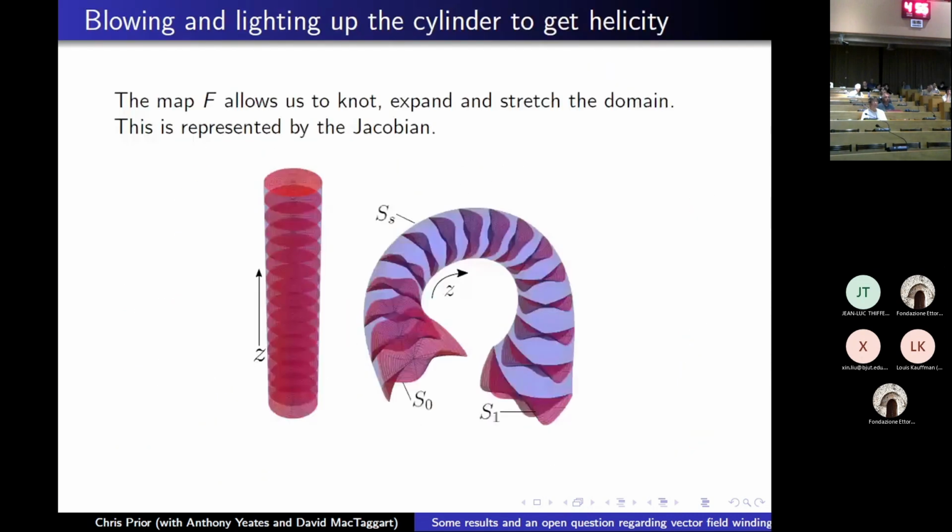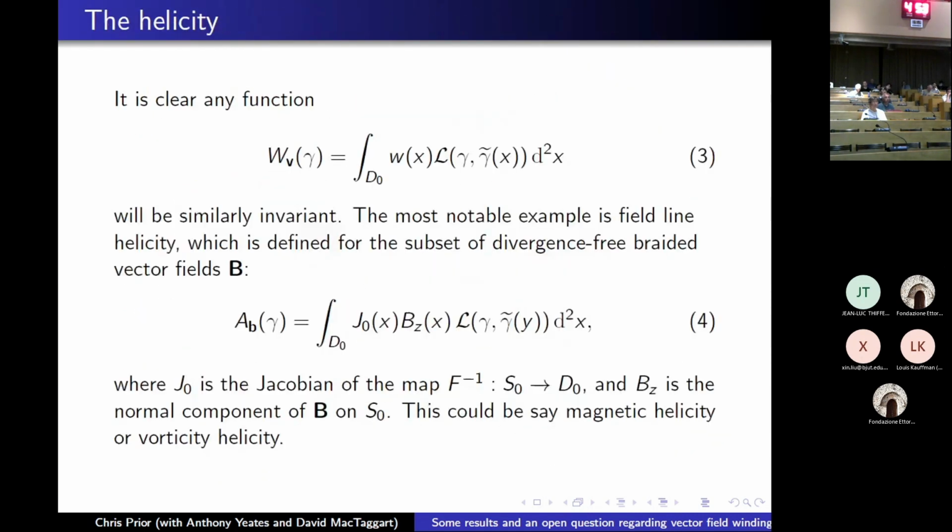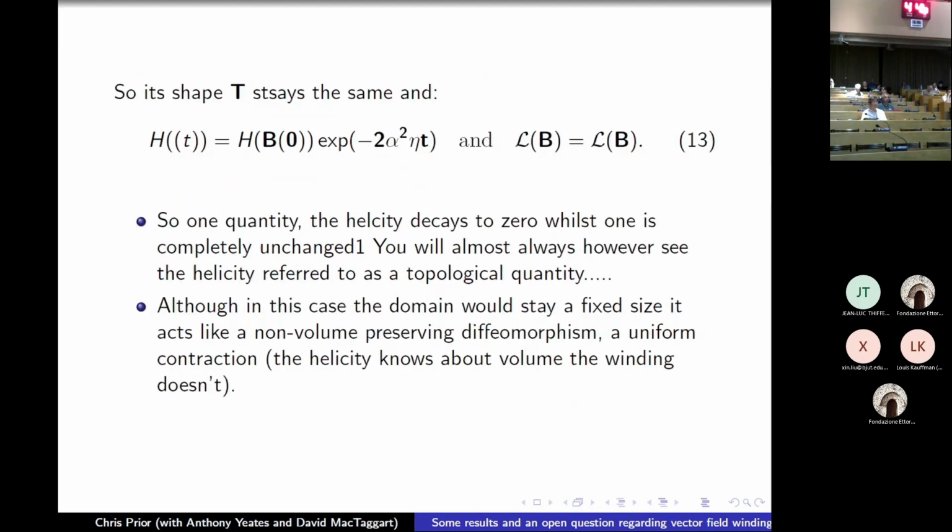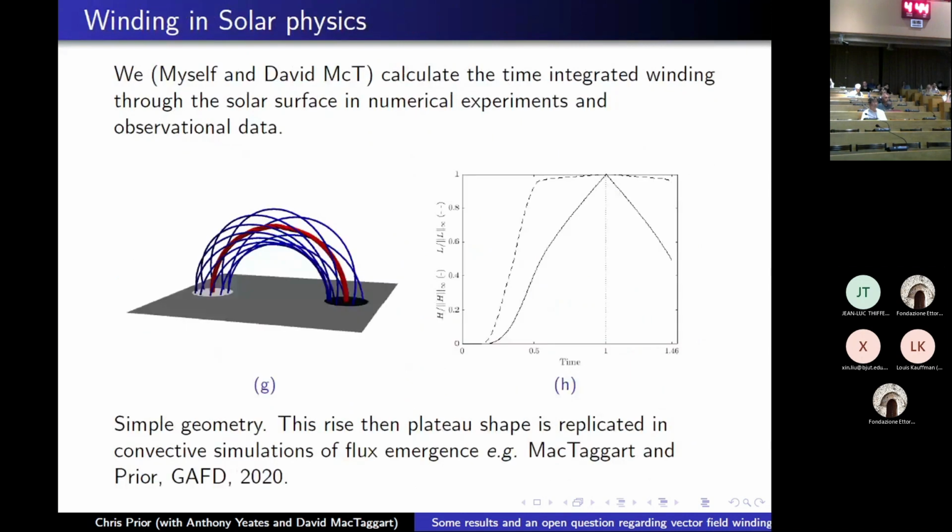Now, the reason for that is if we go back, we know the helicity is the vertical component of the magnetic field multiplied by the topology, right? And the vertical component is quite strong when this field is quite vertical. So here, where the foot points are, where it's coming in vertically, the helicity is very obsessed with that bit. So when I pull this back down, its foot points kind of have a big effect. Whereas the winding is much more concerned by this bit, which sees the topology, the twist of the field